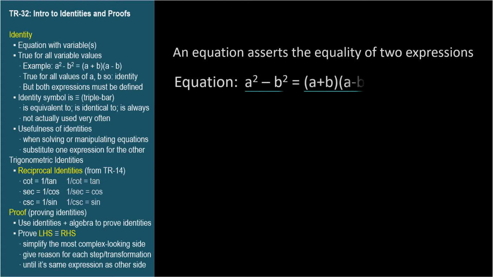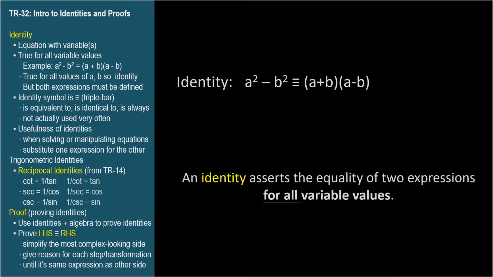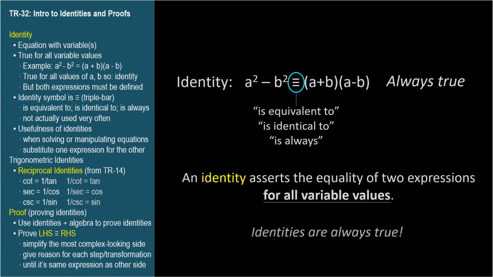a squared minus b squared equals a plus b times a minus b is true no matter what values you choose for a and b. Equations that are always true are called identities. Identities have a special symbol, like an equal sign with 3 bars instead of 2. When we read these statements out loud, the triple bar is read as equivalent to, is identical to, or, informally,